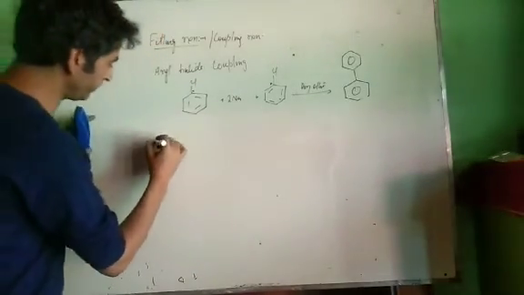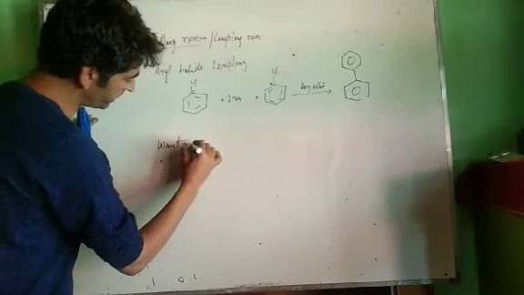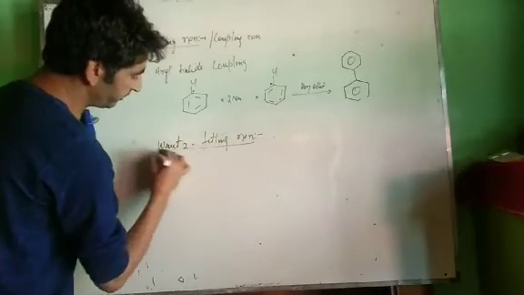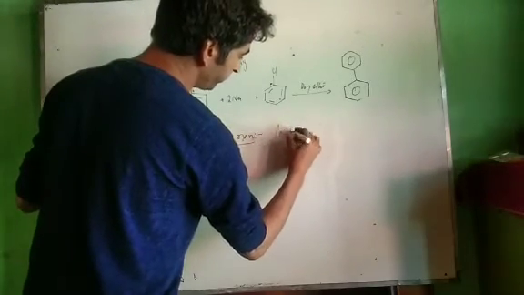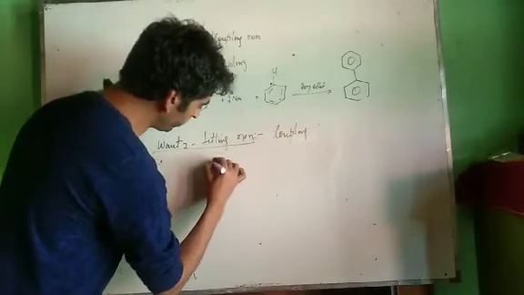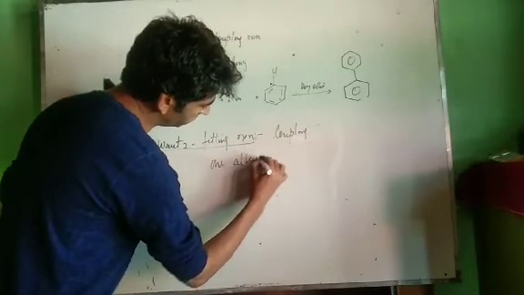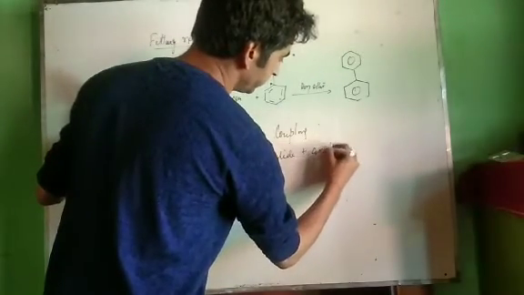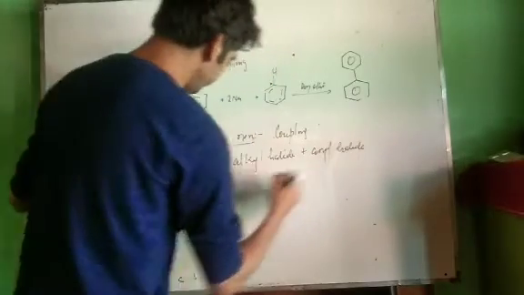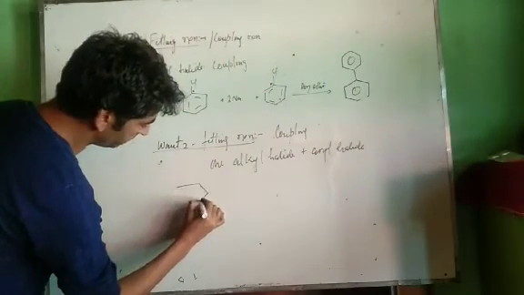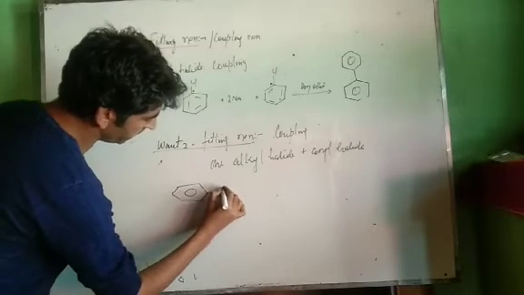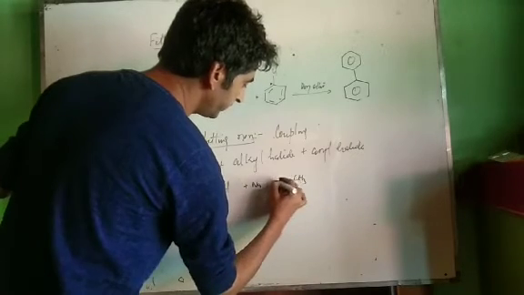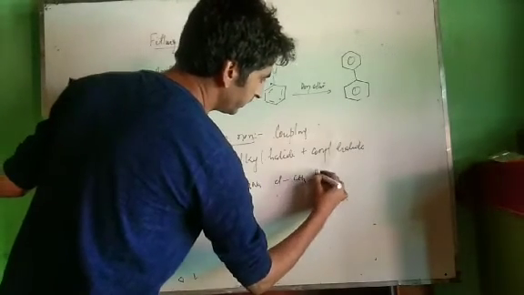Now if there is a cross coupling, that's the Wurtz-Fittig reaction. It's a cross coupling reaction, also coupling, but here we have one alkyl halide and one aryl halide. Now let us take an example. This is our aryl halide. We treat it with sodium and alkyl halide CH3Cl, in dry ether.